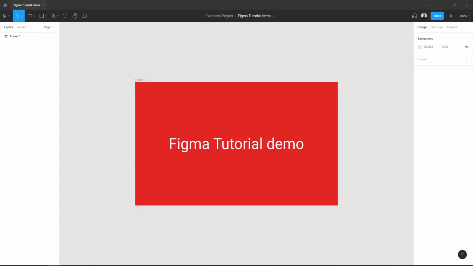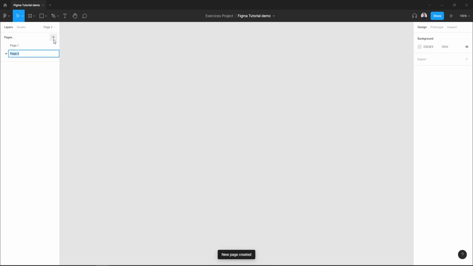So let's go to your file and in the layers panel let's select page 1. In the right corner of the sidebar, here in the page section, let's hit this plus icon to add a new page. And here our page is created. We can add a page name, and here, as you can see, we can use pages in our files to structure our design